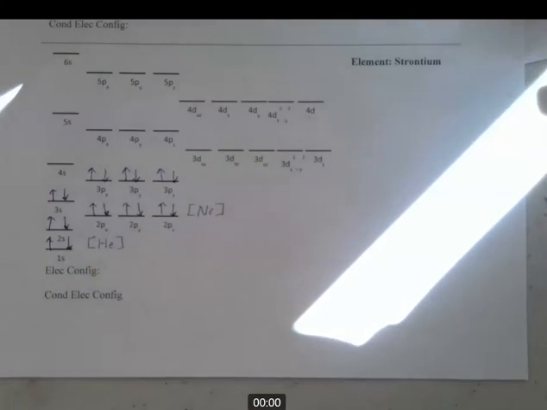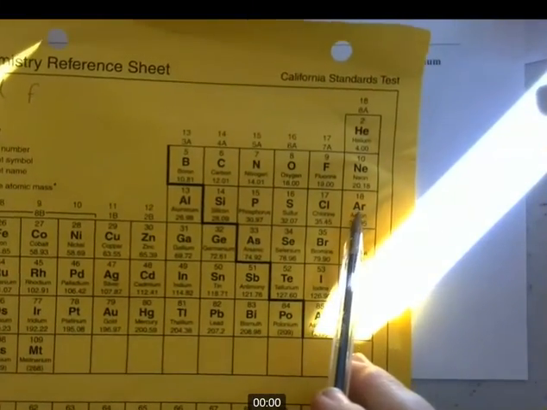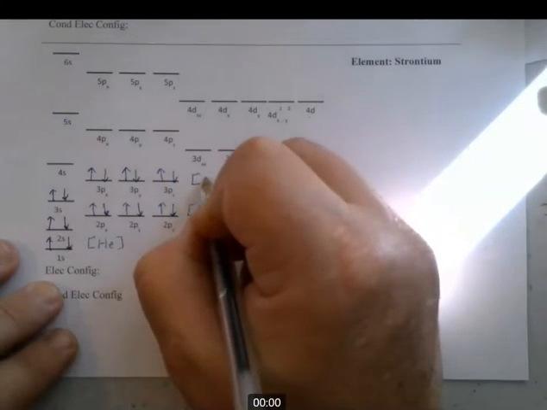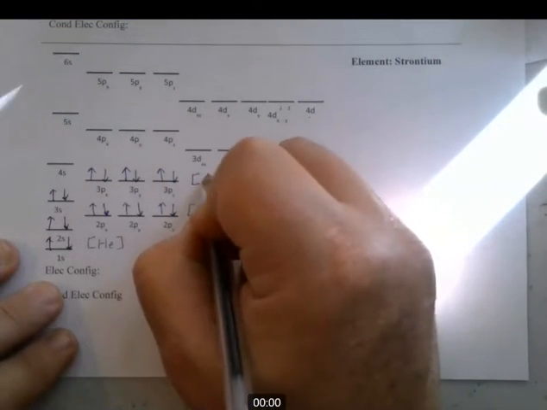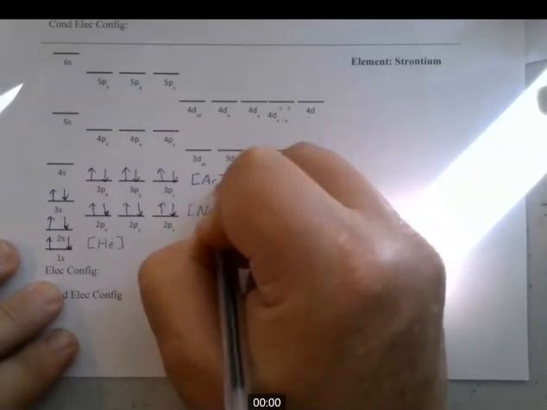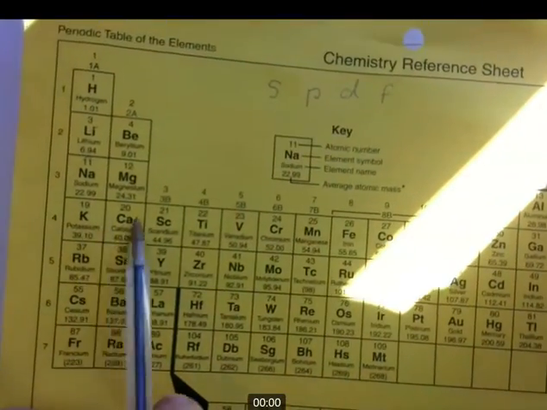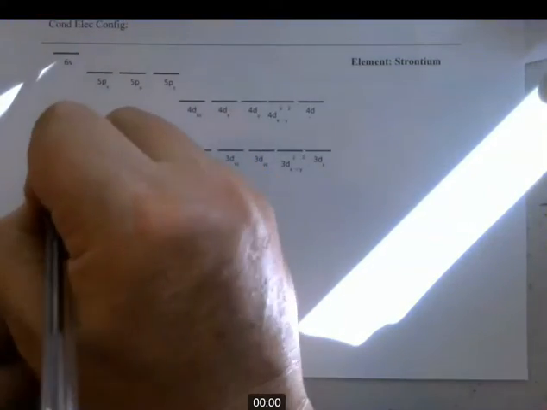Okay, so we're done with 3p. We're all the way to argon right there, so we're going to just call that argon. Again, the end of a full p orbital is a noble gas. Not true of d or f. All right, 4s. So we're down here where potassium and calcium are. So that's up arrow,